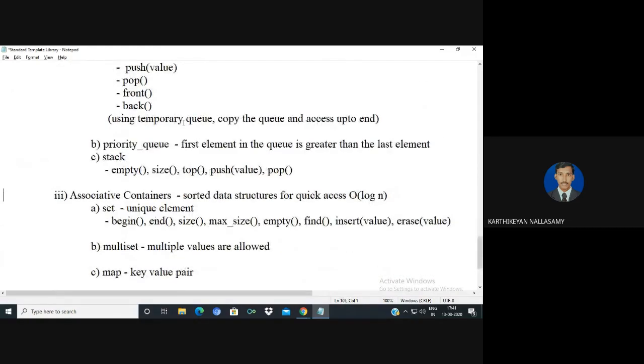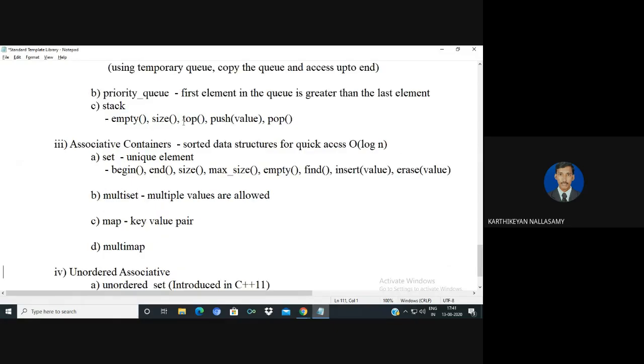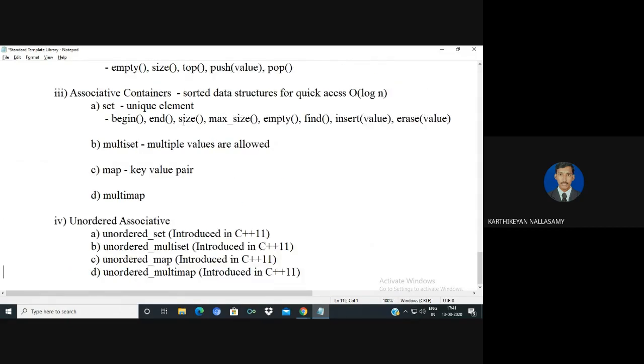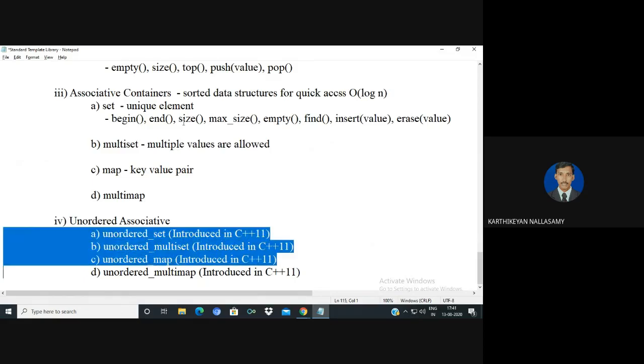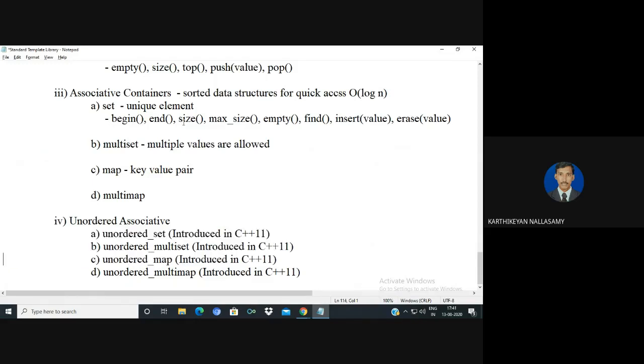But by using associative containers, we can access the values in log n time, because the elements are sorted once you store the values. The different types of associative containers are set, multiset, map, and multimap. In the same way we have unordered associative containers, used from C++11: unordered set, unordered multiset, unordered map, and unordered multimap.